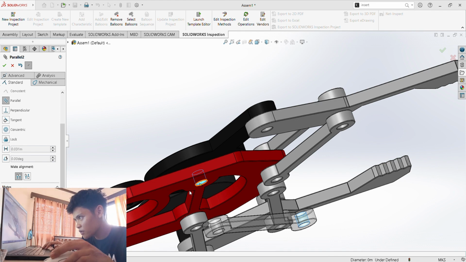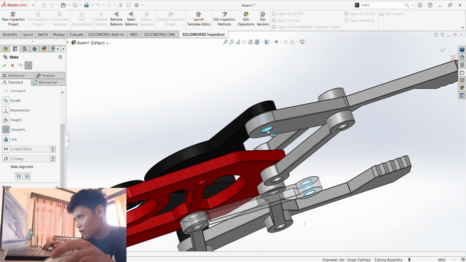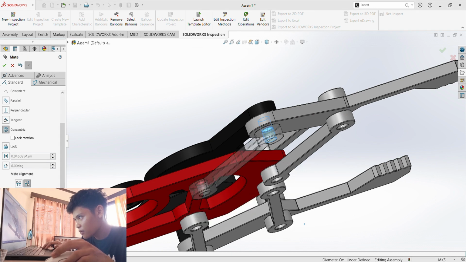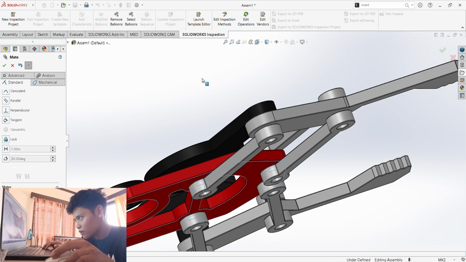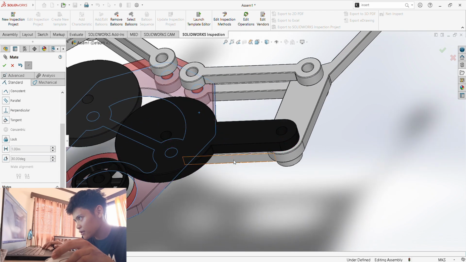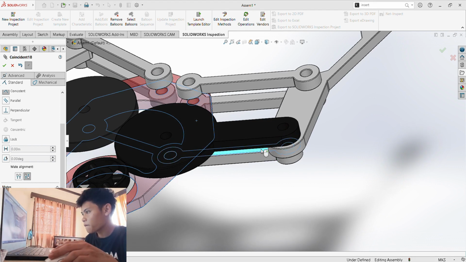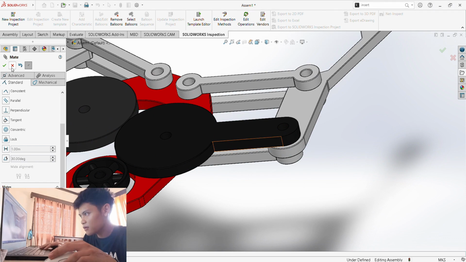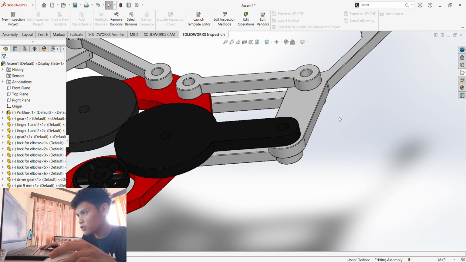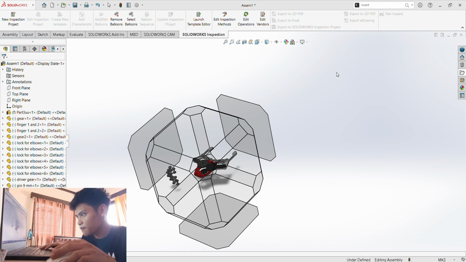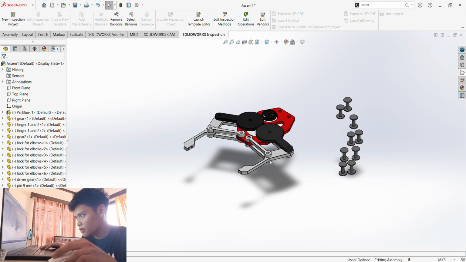Rather, it should actually be this one. So let's undo. Click this part, and then this part right here, and check, and make this one surface coincident with the surface, and enter. So let's get out of this mate because it's causing so much lag. So isometric, as you can see, the parts are moving along really well.